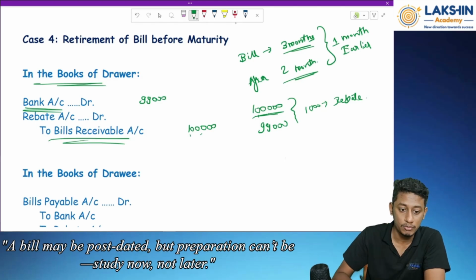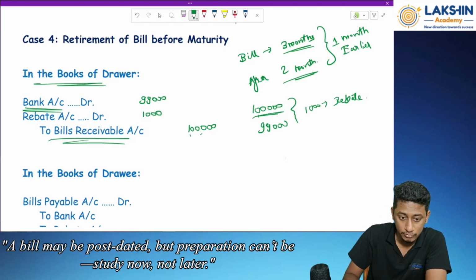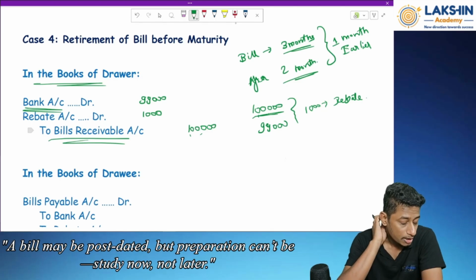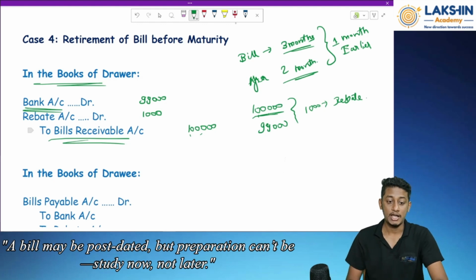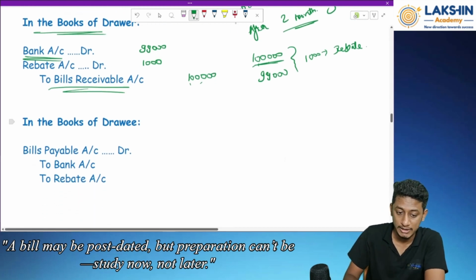So 1,000 rupees is what? 1,000 rupees is the rebate given to Mr. A, given to Mr. B, because he has paid me the money early. So I am giving him a discount of 1,000 rupees. Clear? Okay. Now in the books of drawee, in the books of Mr. B,